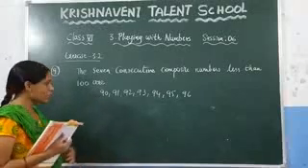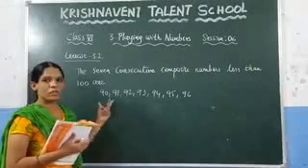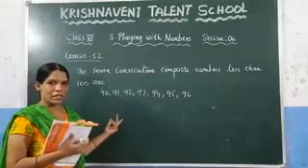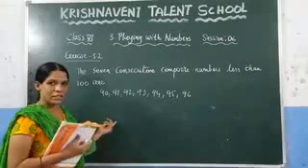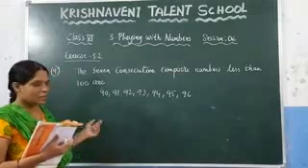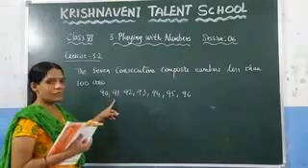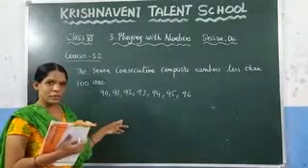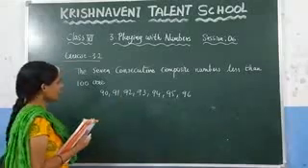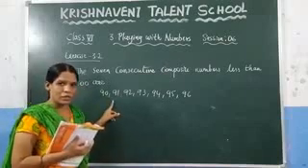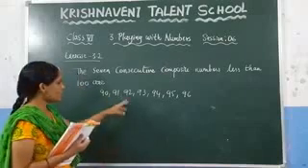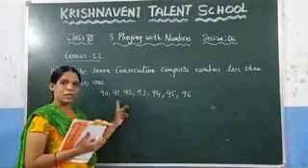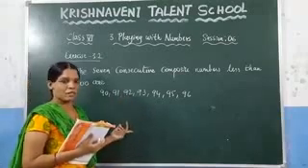Why are these composite numbers? Because you can observe that 90 has more than 2 factors. In the 2 table you will get 90, in the 5 table you will get 90, and similarly in the 3 table. So it contains more than 2 factors. Similarly, 91 you will get in the 1 table and the 91 table, and in the 13 table you will get 13 sevens 91. Similarly, 92 you will get in the 2 table, the 92 table and the 1 table. So it contains more than 2 factors.